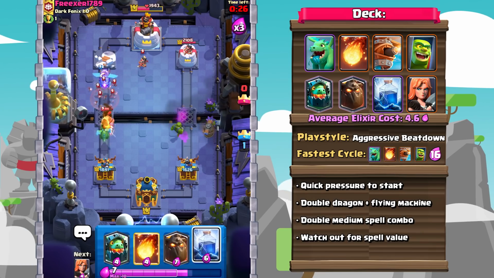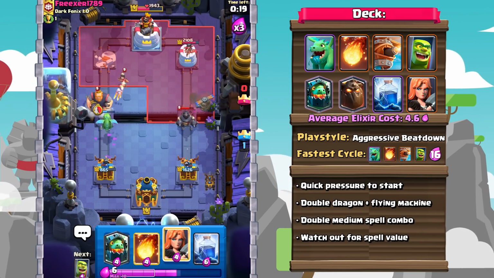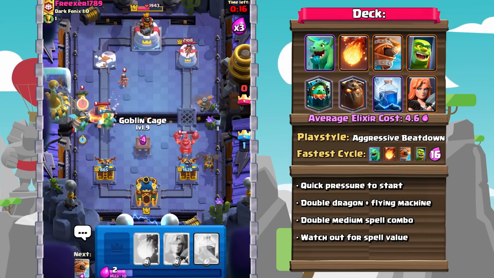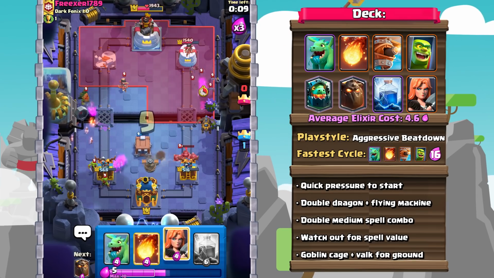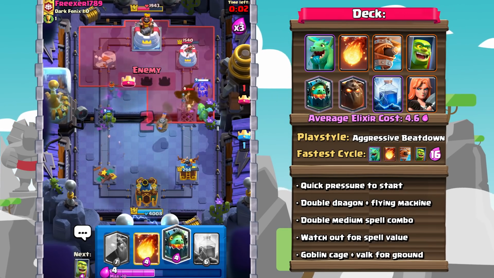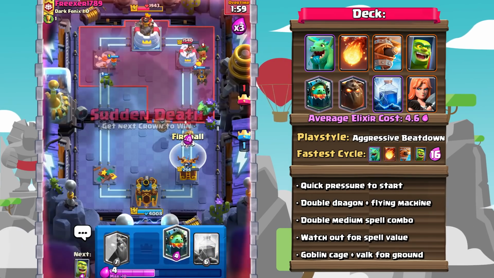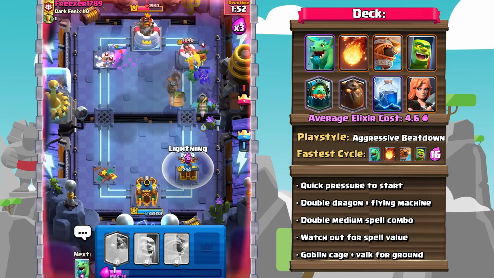First off, the best way to play defense in Triple Elixir is with an offense. But if you do have to defend, Inferno Dragon and Baby Dragon are there to take care of tanks and swarms. Goblin Cage is very useful to pull any building targeting units. And then the Valkyrie is just such a tanky unit. Very well worth the 4 elixir cost. All in all, very aggressive, very fast-paced deck, despite the